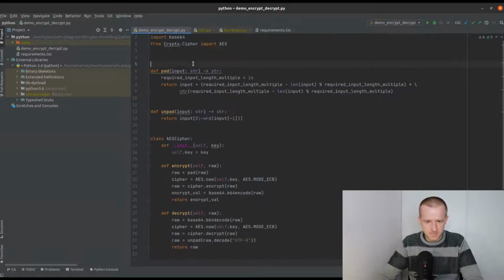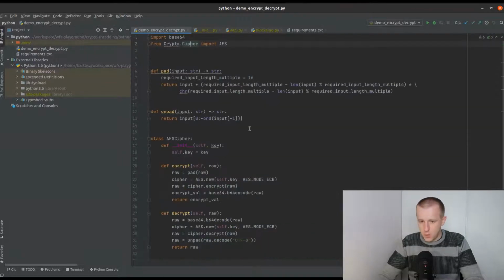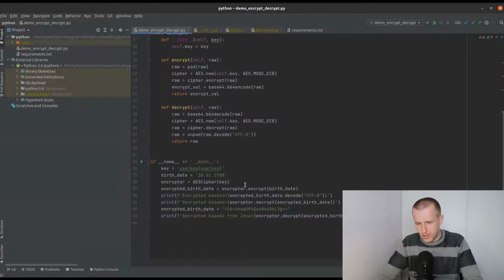I'm using the Cipher class from the crypto package, and I'm also doing some padding and unpadding, because to use this encryption we need a string which is a multiple of 16 bytes. To show you that, I can simply